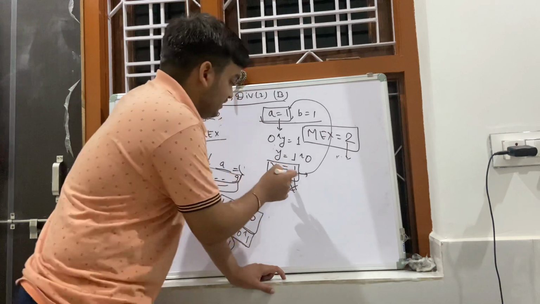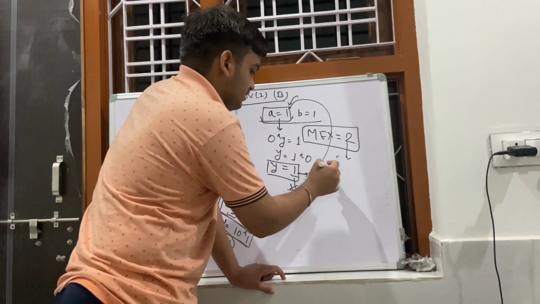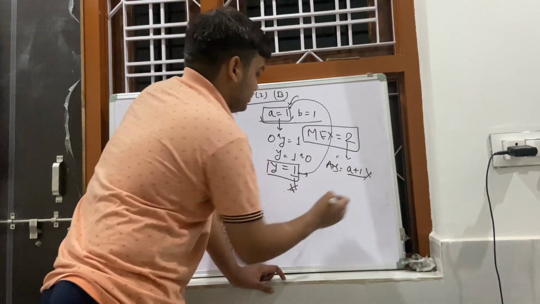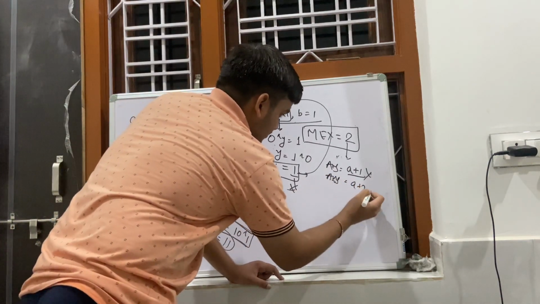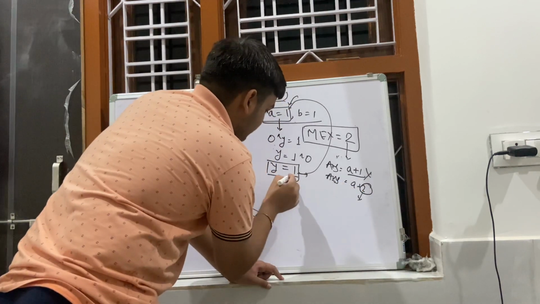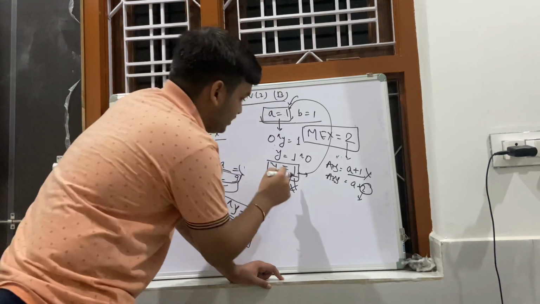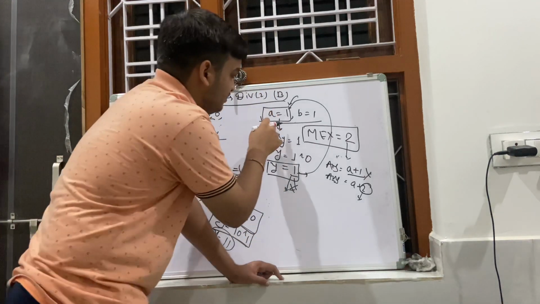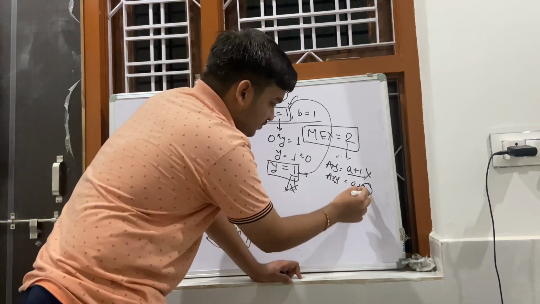If the value of y comes out the same as A, then I can't write the answer as A plus 1. This is not the answer for this case. The answer for this case is A plus 2, because I need to include 2 more elements. If I needed only one element, then the answer would be 1, but I can't include 1 because it is already the max value. If I include that, the max value will change. But if I take 2 elements,